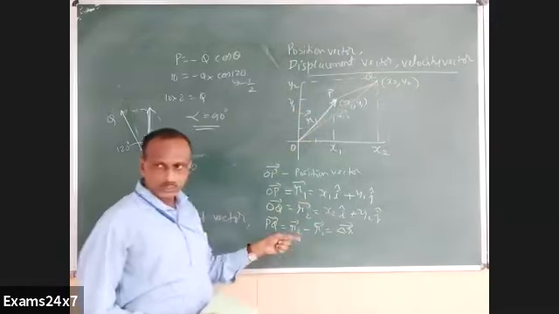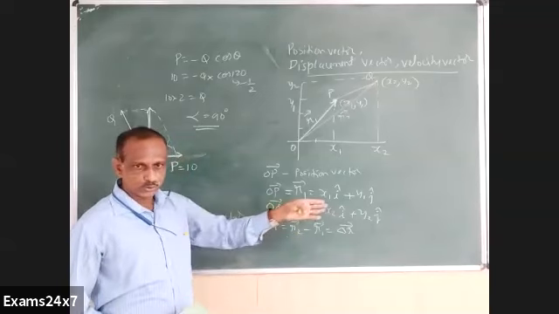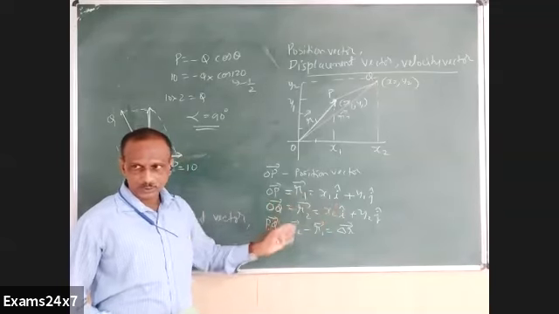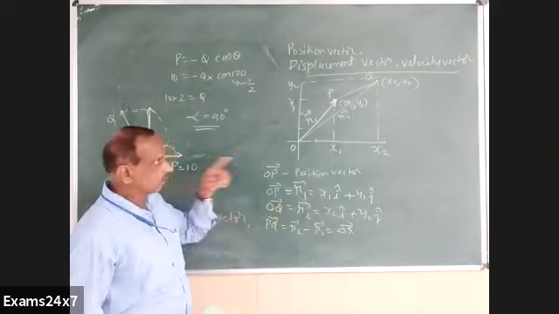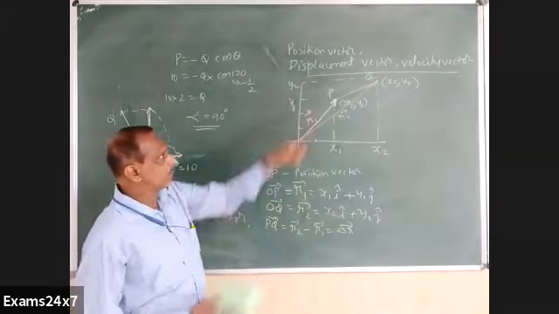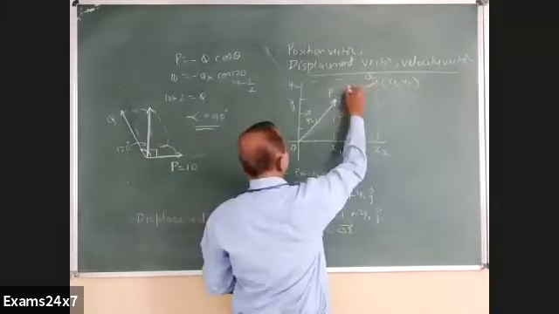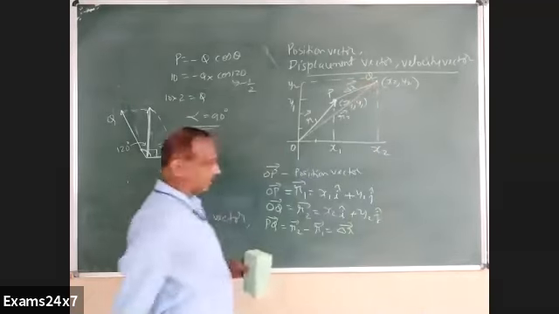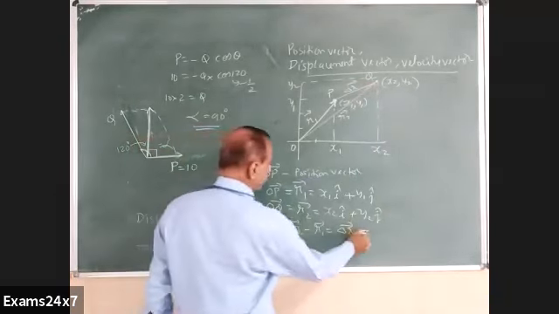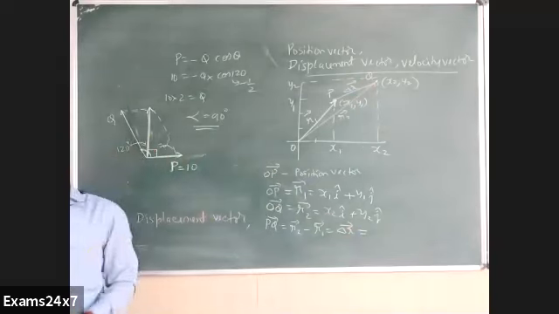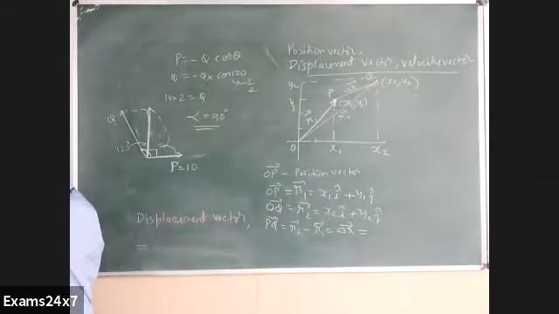One and the same. Just like 10 minus 2 is equal to 8, 8 plus 2 is equal to 10. We can express the new vector R2 as R1 plus delta R also. This is known as the displacement vector delta R. Now, what is this delta R equal to? Can you tell me? Vectorially, what can we write this as?